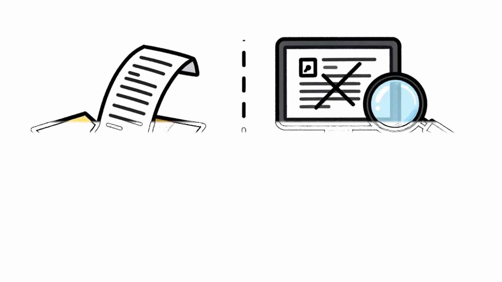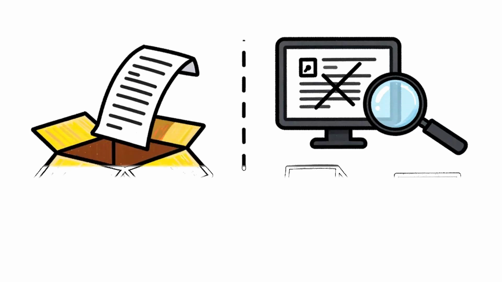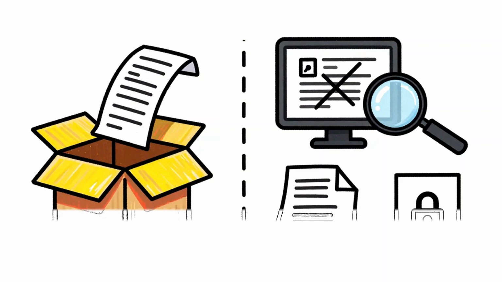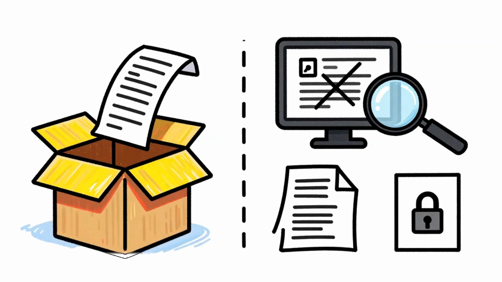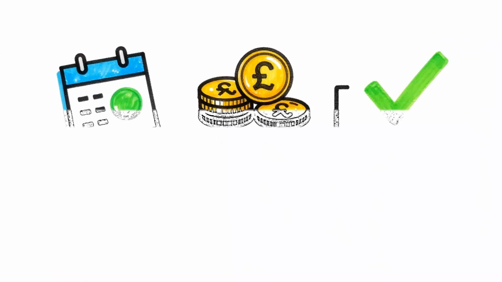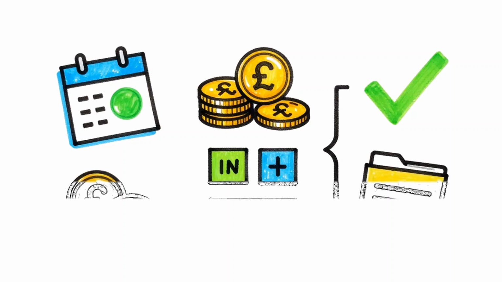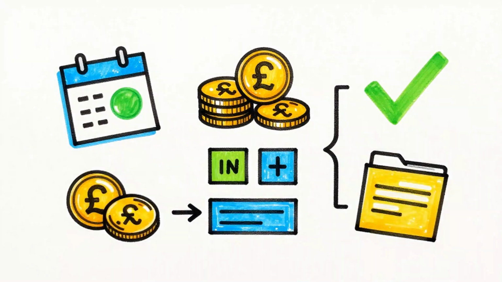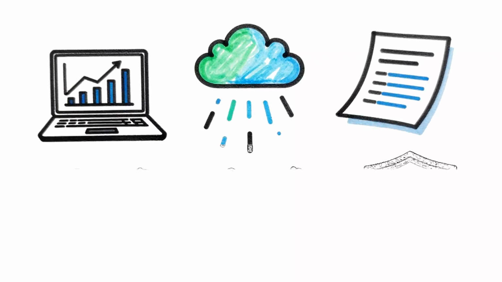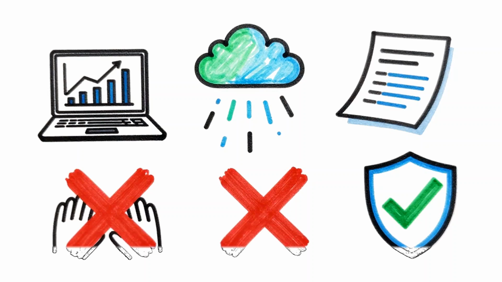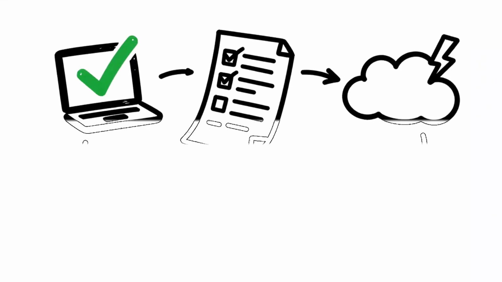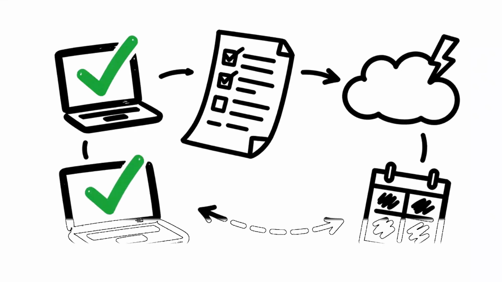You do need to keep the physical receipt, because HMRC can ask for evidence of a claimed expense during a compliance check, but that is a separate obligation from the digital record requirement. The minimum digital record for each transaction under Making Tax Digital is the date, the amount, and the category, income, or the type of expense. Those three data points must exist in your compatible software. They must have arrived there digitally, not through manual typing from a paper record. And the software must be on HMRC's approved list, connecting to their systems via API for quarterly submissions.